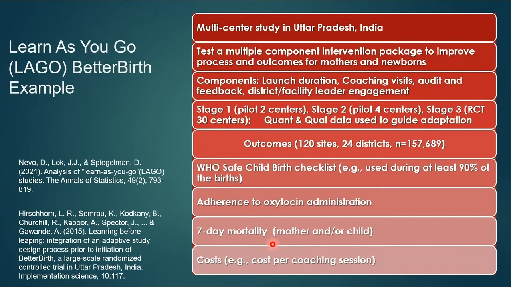At the start of the study, although it was part of the national guidelines, the Safe Childbirth Checklist, which is recommended by the World Health Organization, wasn't really used, was used by very, very few of the facilities that were included in this study, which was in total 36 centers or facilities, birthing centers. And so the goal was to improve uptake of the Safe Childbirth Checklist, which involved doing a certain number of evidence-based interventions to improve maternal and early child health outcomes at the time of delivery and closely thereafter.